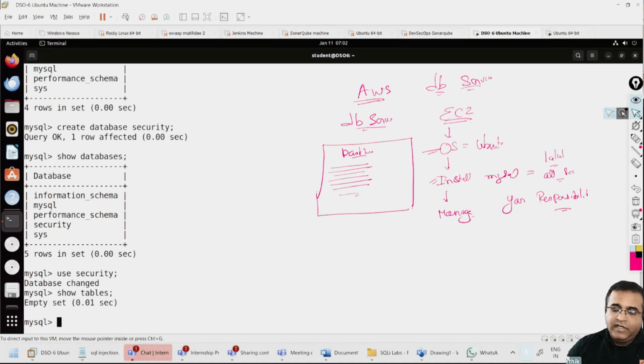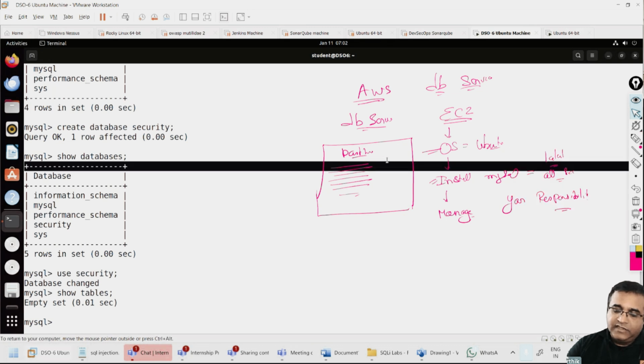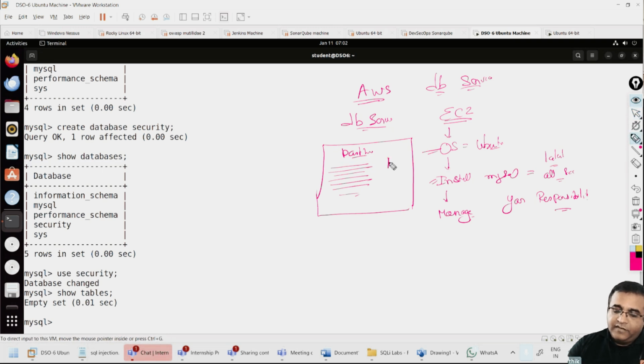If you want more control, the problem with this kind of approach in AWS is that when we go with a pre-configured database, the control you have is going to be less. But if you're a small organization and you don't have a lot of technical people, this makes for a much better option, right? But if you're a large organization and need control over what exactly is happening, an EC2 instance, then installing on top of it makes more sense, right? So that is how it will go. So yes, it works on your EC2 instance.